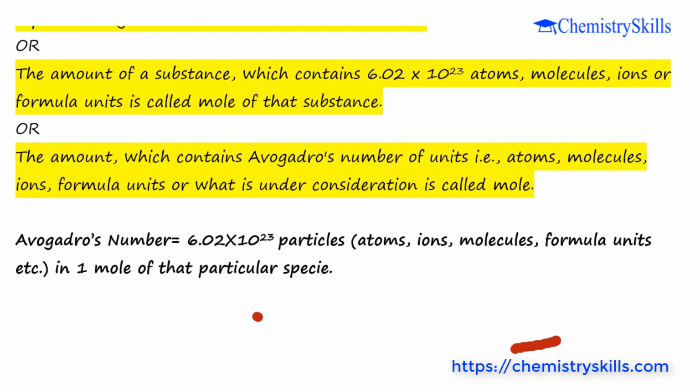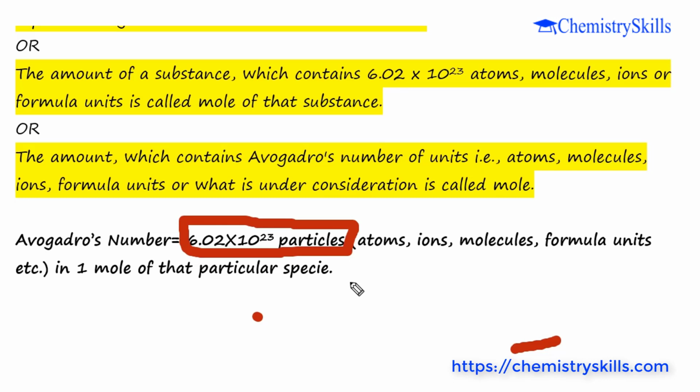Check out Avogadro's number, 6.02 × 10^23 of particles. Those particles can be atoms, ions, molecules, formula units, etc., in 1 mole of that particular species. Atoms, ions, molecules, formula units, molecular ions, all these are actually species. It can be free radicals also. So these are all species. So any species,